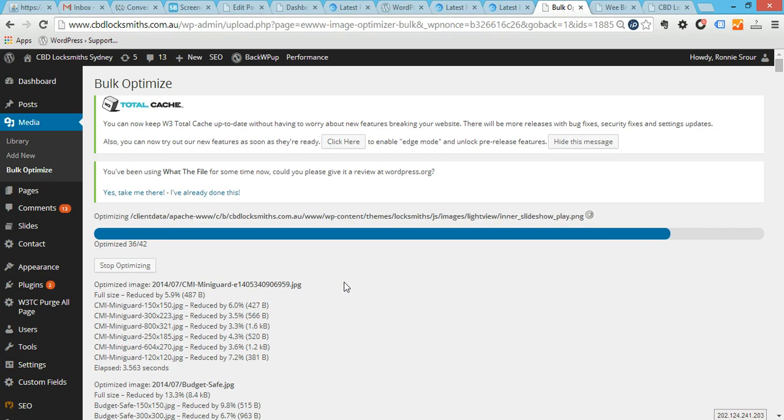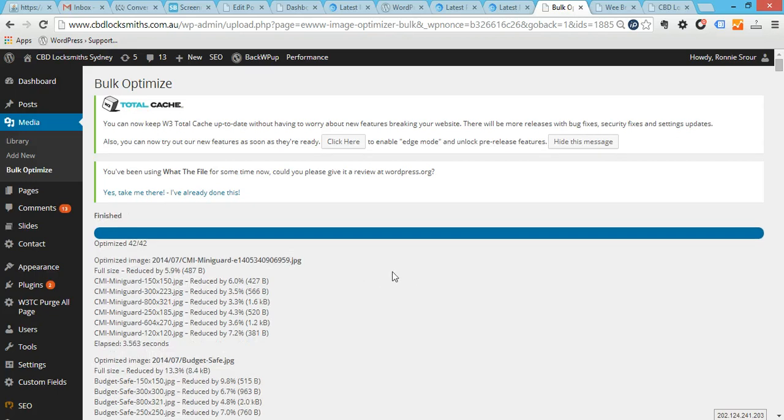But by the looks of this, as you can see, the location that we're looking at here is in JS, which means JavaScript. So let's hope anyway that we can run another test on that, and